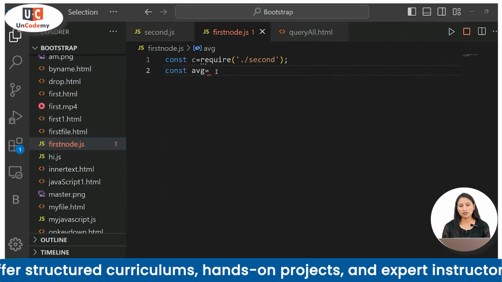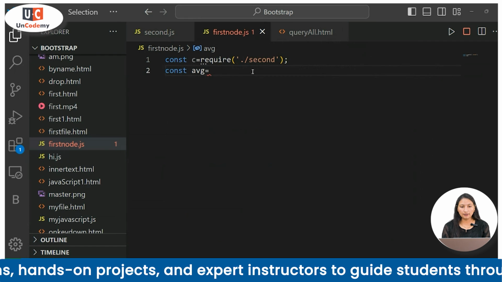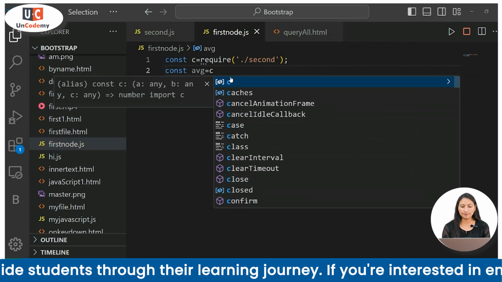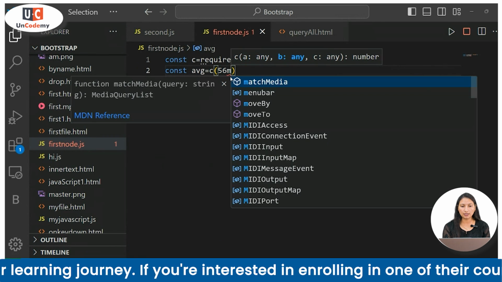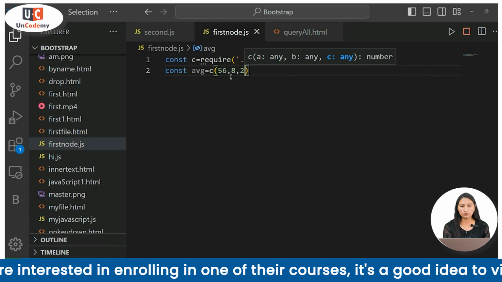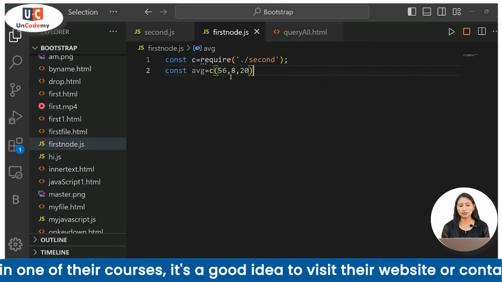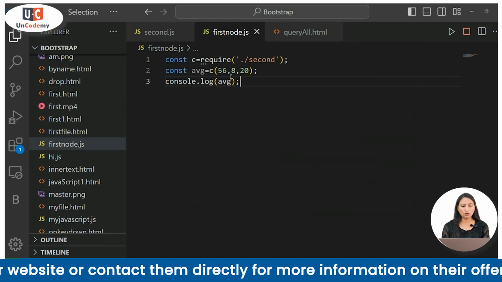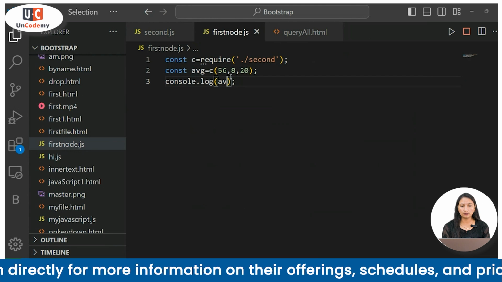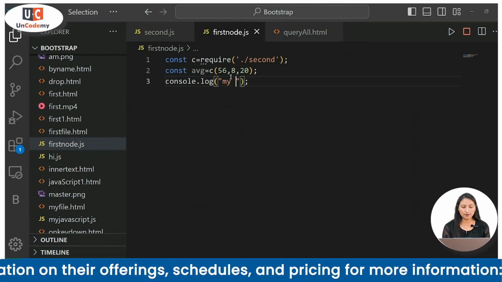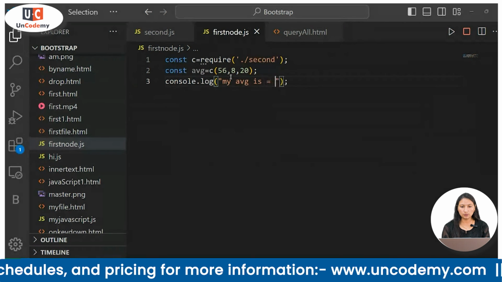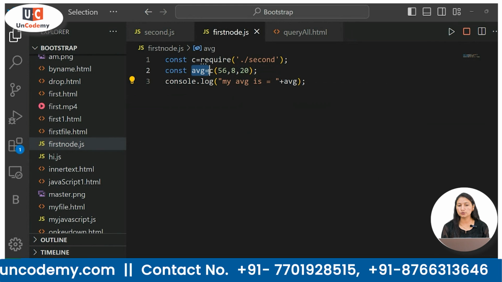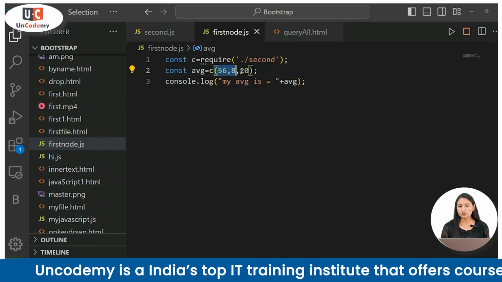And if you want to call this function, you can write here c and pass the three integer values. For example, 56, 8, 20. And if you want to print something, using console.log, you can write here my average is equal to plus avg, correct? Because this is a user defined variable and this is the function call.